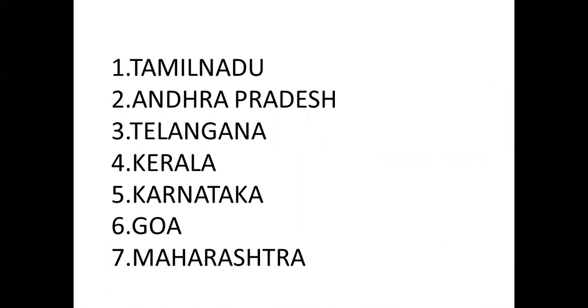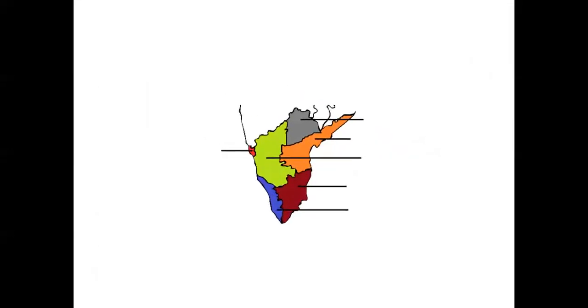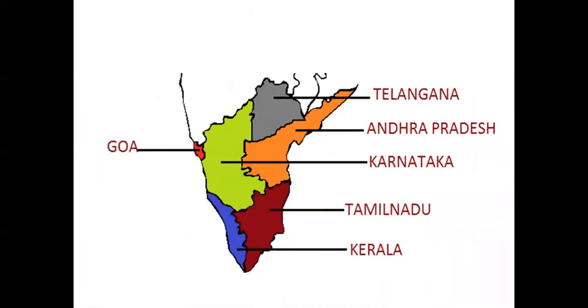So we will be seeing the 7 states, where to mark the 7 states. So these are all the 7 states which are marked. We can see that now. We'll start off from the first state, which is the smallest state in India, Goa. Then if you come down, this yellow color part is Karnataka, Kerala, and this is Tamil Nadu.